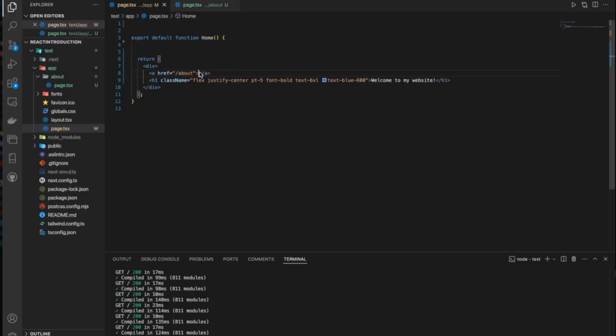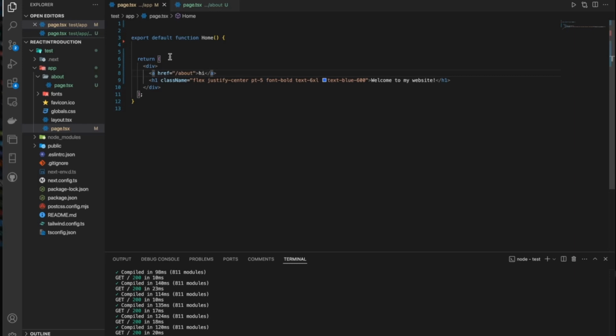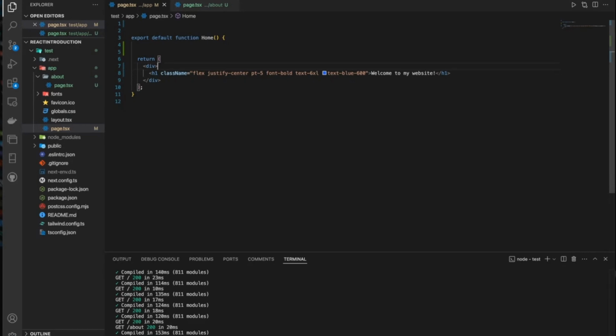Now, this would technically work, and it does take us here, but it is not best practice purely because of the fact that it renders the entire web page instead of just refreshing what's new. And while this doesn't seem like a big deal because everything will render out completely right now, when we have things that stay consistent throughout all the pages, like a nav bar, it tends to not be ideal. So instead, what we want to do is use something called useRouter, which we can do through import